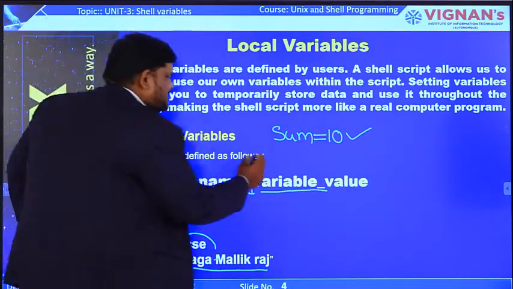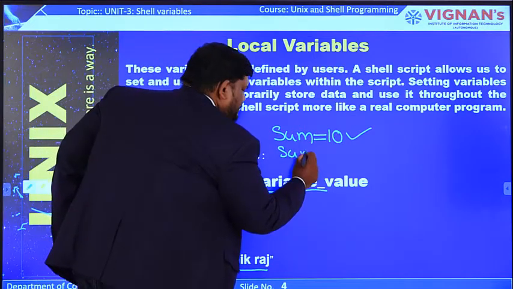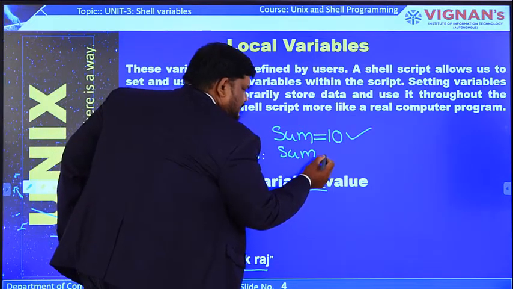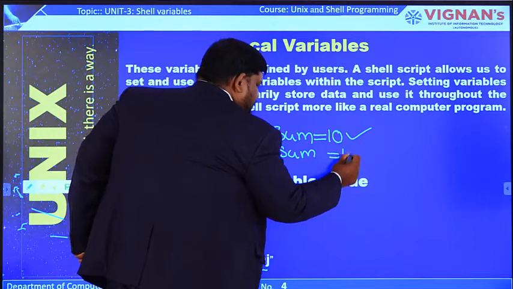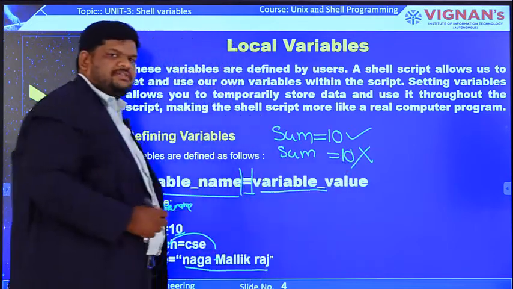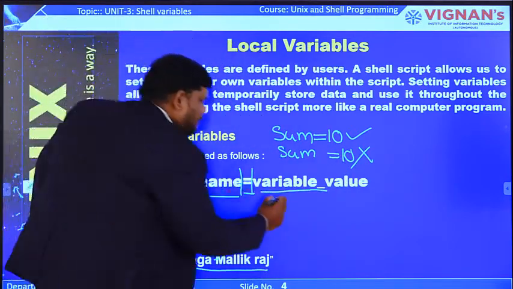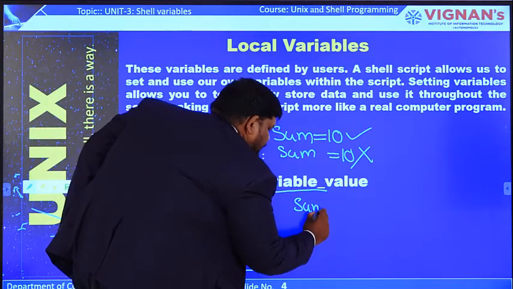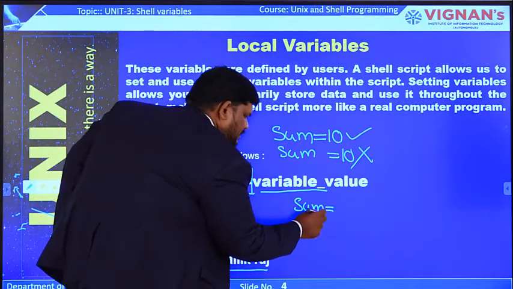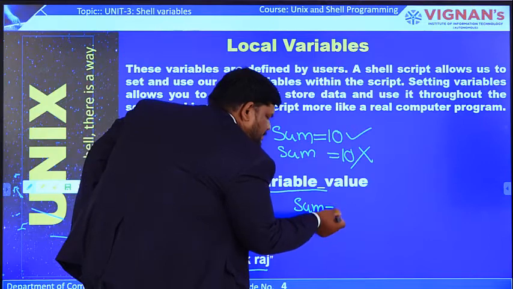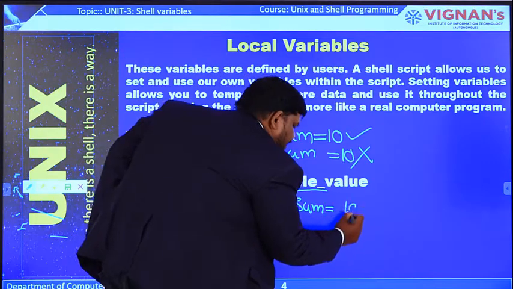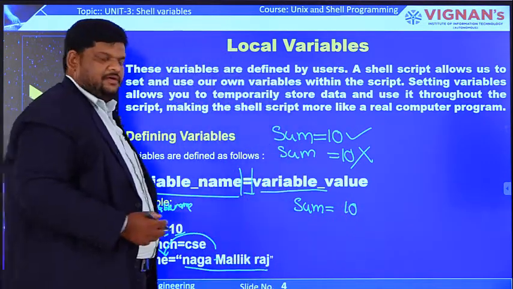If we write like this, variable name, some white space, then equal to 10, this is a wrong assignment. Or if the variable name is without any space, then equal to, and white space is provided after the equal to before 10, this is also wrong.